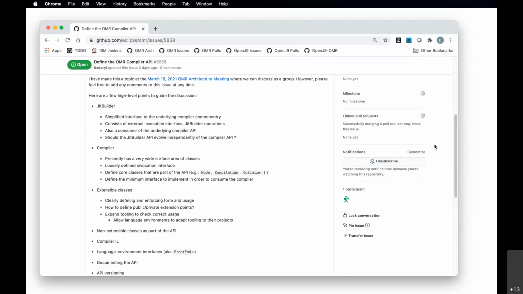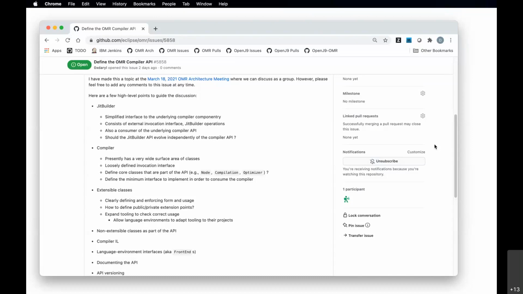I'm a little worried that if we tried to do this at too fine-grained a level, we're going to get into trouble. We also have a very intense current consumer who's used to having all of the implementation level hooks that it's using right now.